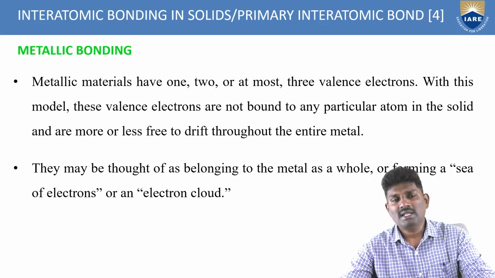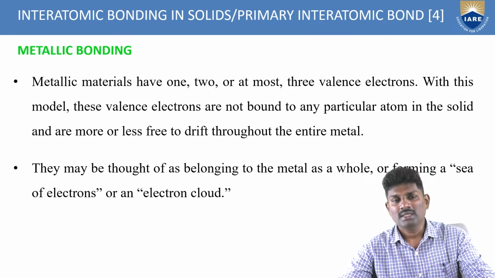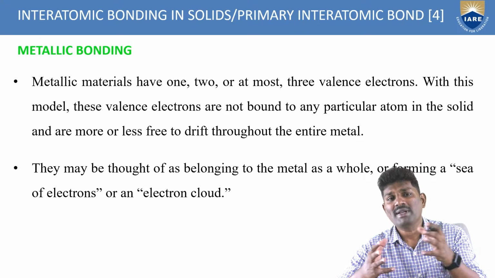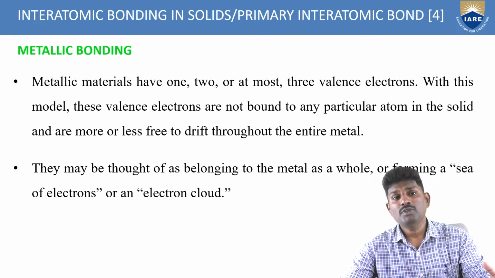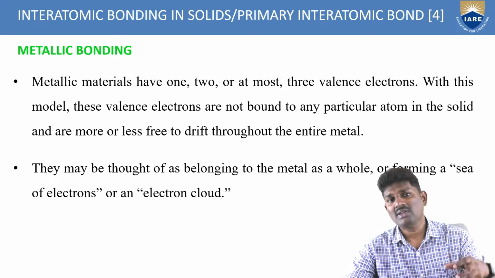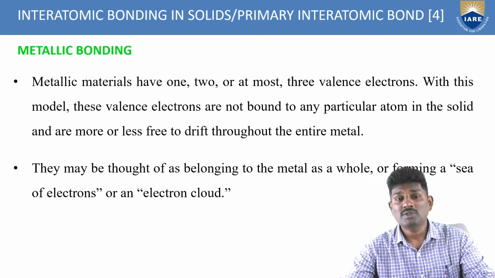In general, the things we use in daily life, like automobiles, the bicycle we ride, the tea cups we use, everything is made up of metals only. Why do we use metals instead of wood? Suppose you consider a kettle. In that kettle you are using a metal, and again the heater in the kettle is also made of metal. Why do we use metals rather than wood or ceramic?